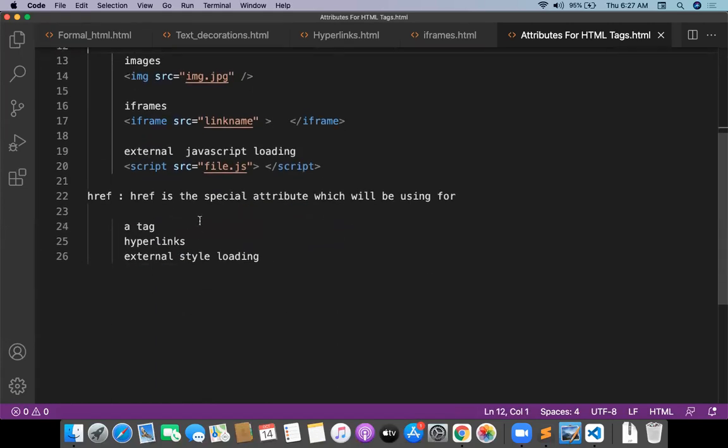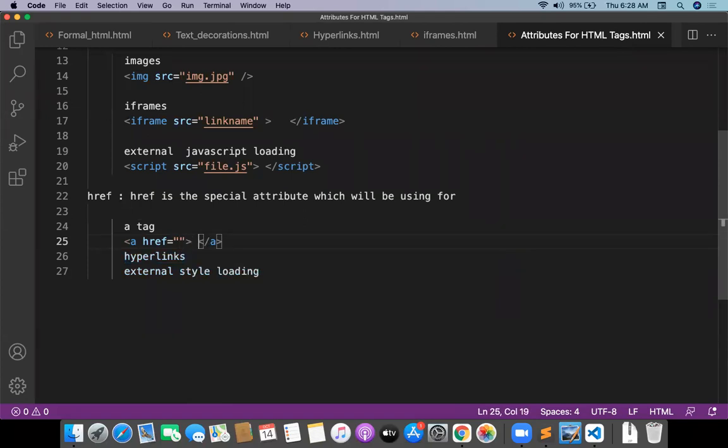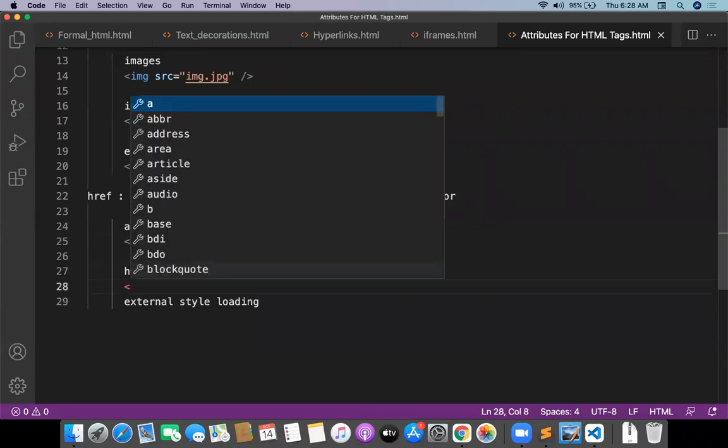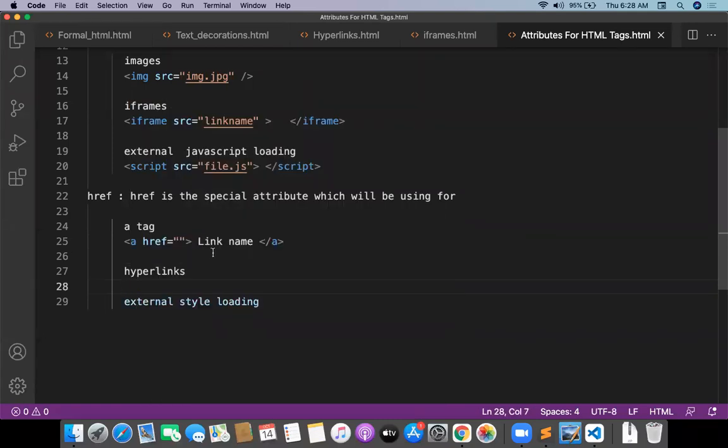Coming to the A tag, href is equal to something like this, and you need to close it, and specify the link name here. Hyperlinks, A tag nothing but hyperlinks, already done.